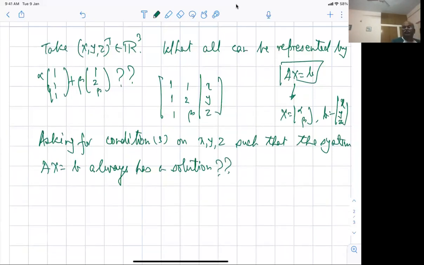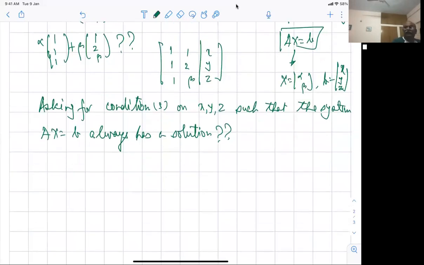I know that there are solutions always because alpha and beta are always given. I am the one who is giving alpha and beta. Fine. And I'm seeing it. What are the conditions I get on x, y, and z? What is the requirement for x, y, z to belong to the linear span? Fine. So if I solve it, what I'll get is (1, 1, x), (0, 1, y minus x). If I add these two, again, it is 3 here, as usual, mistake. So 0 here, 2 here, z minus x here.